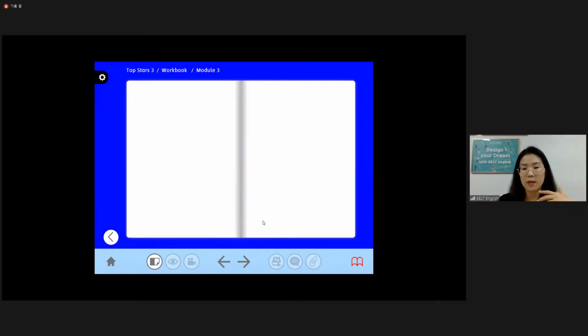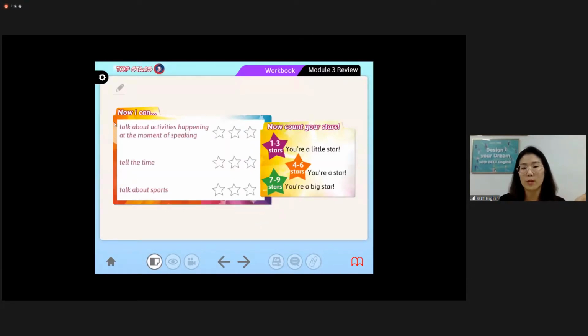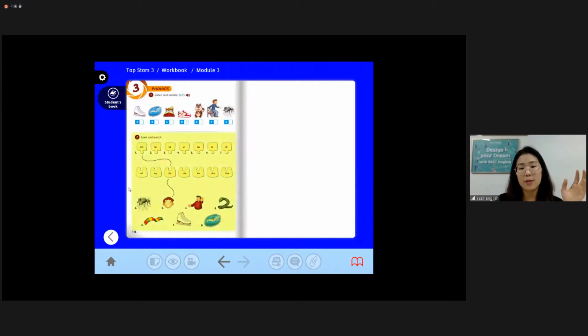After finishing the self-evaluation, you go to what's called Now I Can. Depending on how many questions they got correct, you have them color in the number of stars. And so you encourage students visually, 5 stars, 6 stars, 7 stars. Okay, you have 6 stars today. Next module, let's shoot for 7 stars. Next module, let's shoot for 8 or 9 or 10, depending on the number of stars. And so that's the idea here. Then you go to